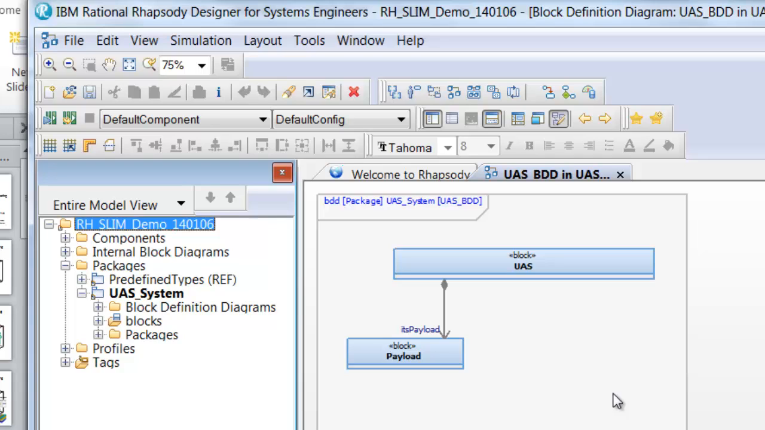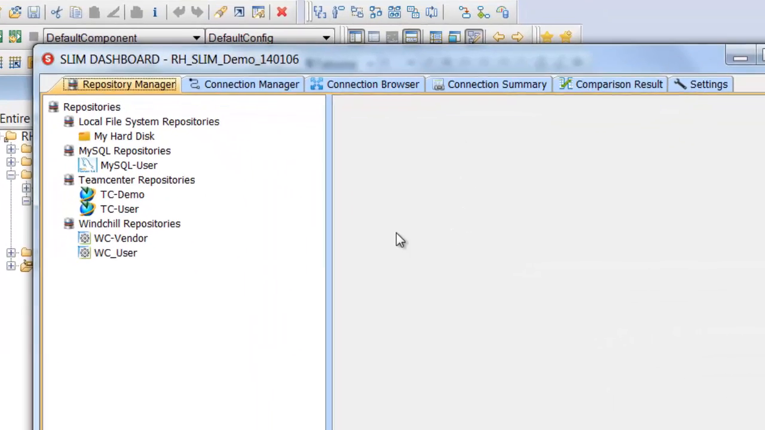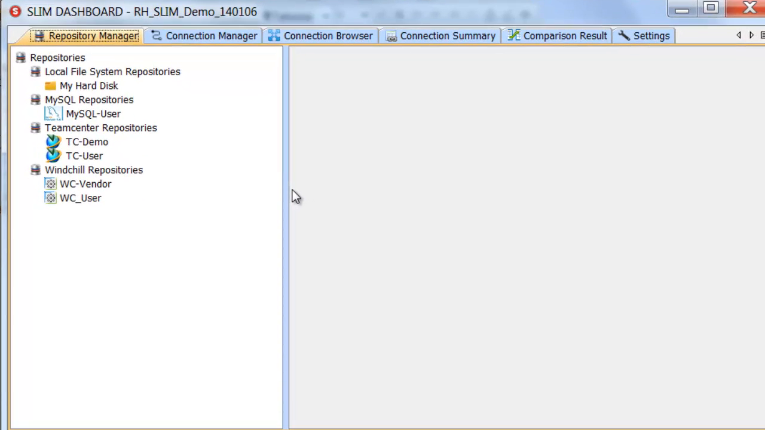Now, the first task we need to do is to launch the SLIM dashboard. For this purpose, we'll take the UAS system package, and from that package, launch the SLIM dashboard. The SLIM dashboard is shown with several different tabs: the Repository Manager, Connection Browser, Connection Summary, Comparison Result, and Settings tabs. We'll go through many of these in the course of the demonstration, but we'll start off with the Repositories